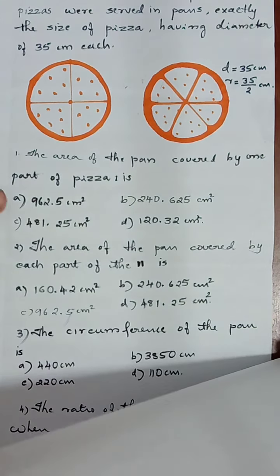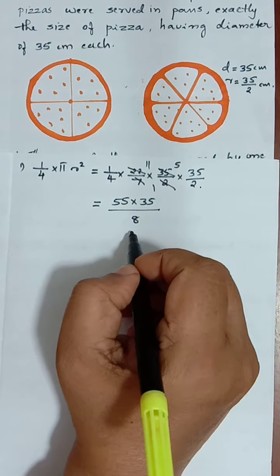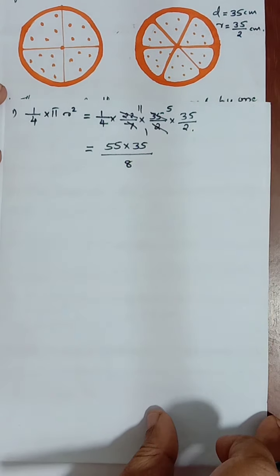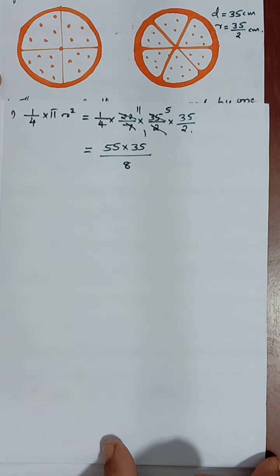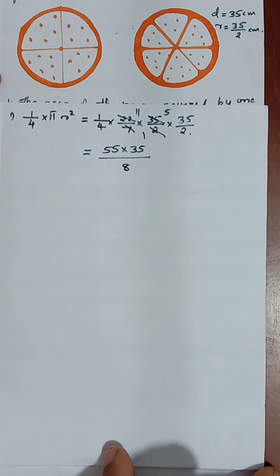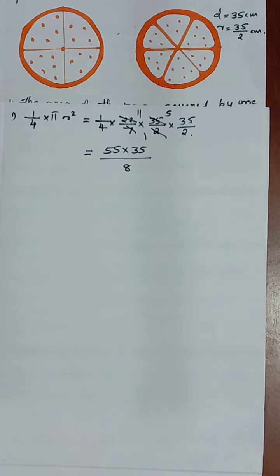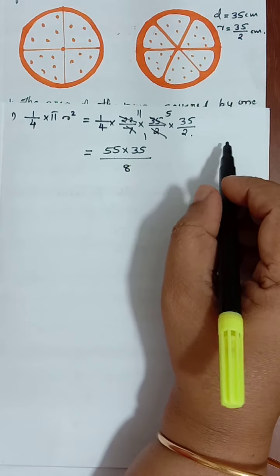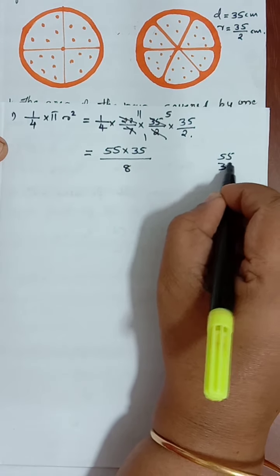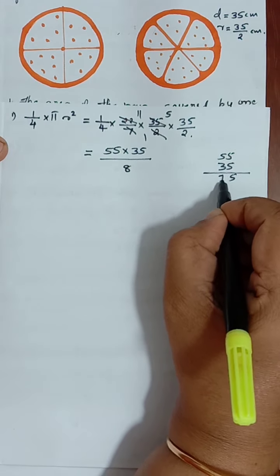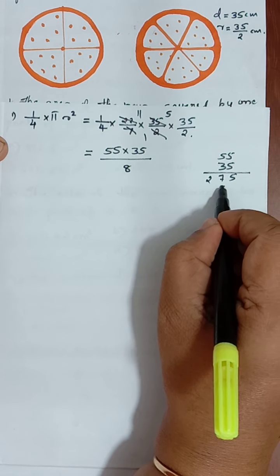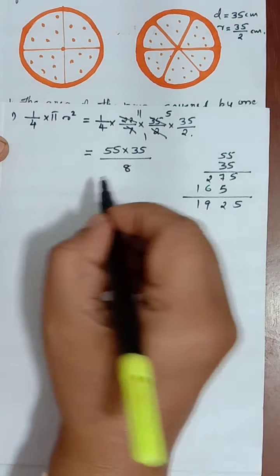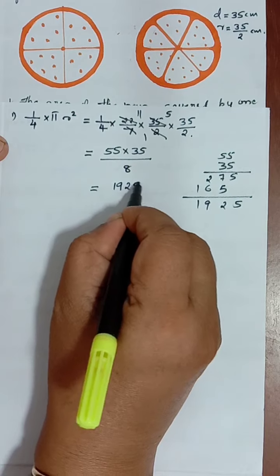So divided by 8, again check, it is in decimal. So we have to multiply and find out the answer. When we get 5 questions, you have to see which questions are easy, how the answer comes. If it comes in decimal, better you avoid it and move to the next easiest question. Whatever it may be, here I have to find out. So 55 into 35, let us multiply, we will be getting the answer: 5 7 2, 5 6 1, add it now, 1925 divided by 8 it is.